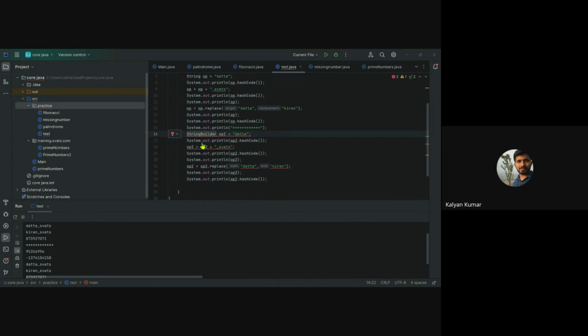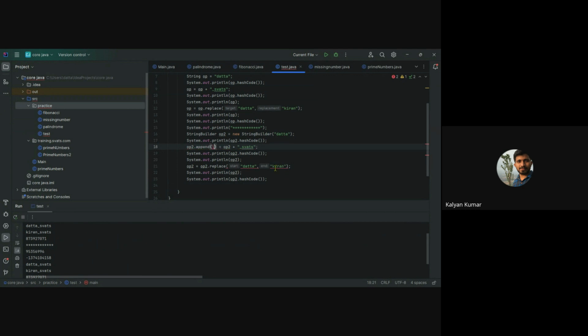Okay, just write this on the right side instead of writing double quotes directly. It has new string builder of Datta. New string builder of Datta, and then a semicolon. And there is an error here. After OP2, write dot append. In line 18, remove plus and put dot append.